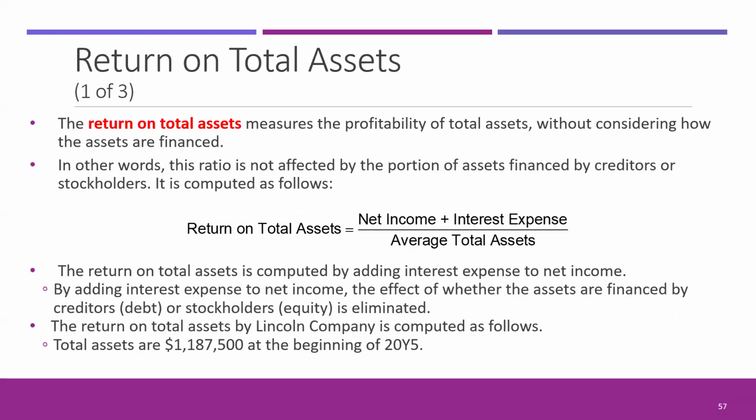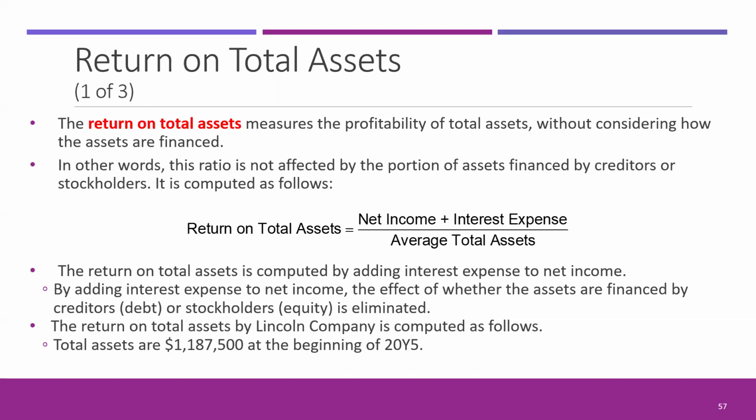And then return on total assets measures the profitability of the assets. It's expressed as a percentage. And so we take net income plus interest expense divided by average total assets. We add interest expense to net income to make sure that we're not biased by whether the assets are financed by creditors or stockholders. Because when looking at return on assets,